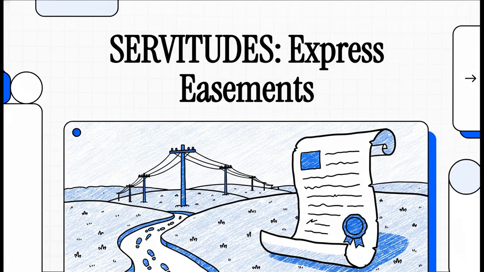Have you ever thought about the invisible rules that shape the world around us? I mean, the ones that govern our actual land? Well, today, we're diving into servitudes and easements. These are the legal agreements that decide who gets to cross your property, where the power company can put its lines, and how a promise made 100 years ago can still be in charge today. Let's get into it. Right?